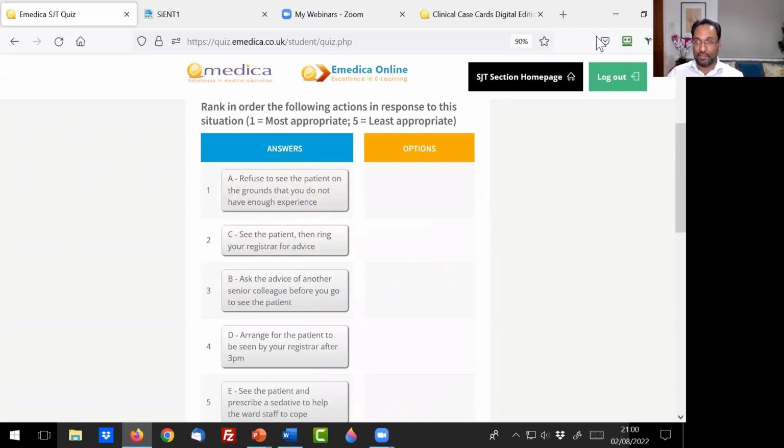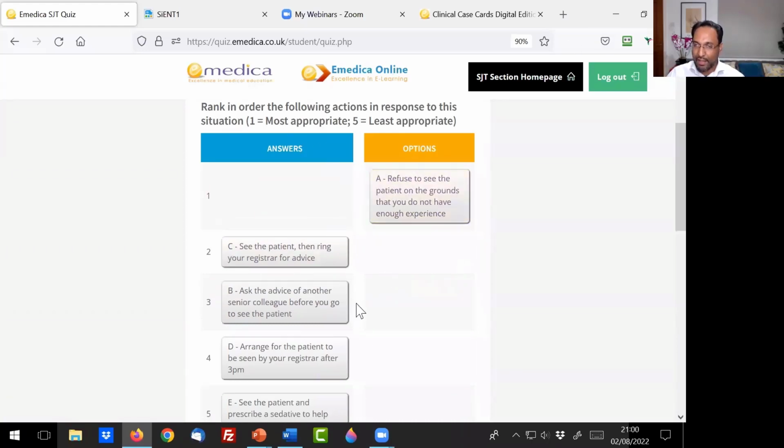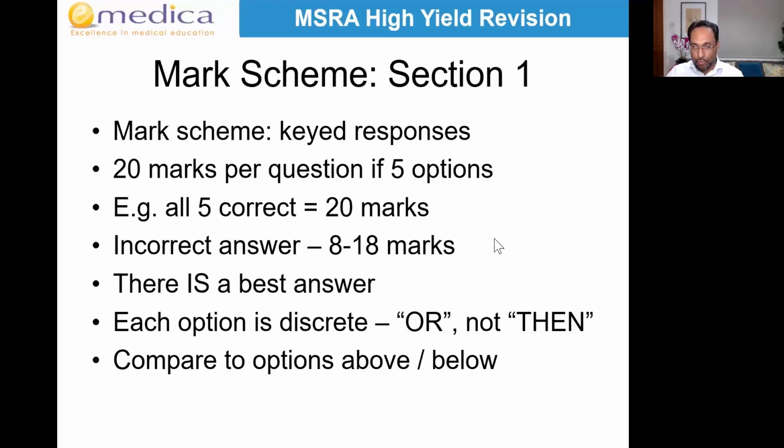So that's how it will be in the exam. Do you see how it takes a bit of time to actually drag things across? That's why you want to make your decision no later than about 1:50. So you've got a few seconds to actually drag things across because that takes a bit of time. Do you see? Okay. So that's section 1.